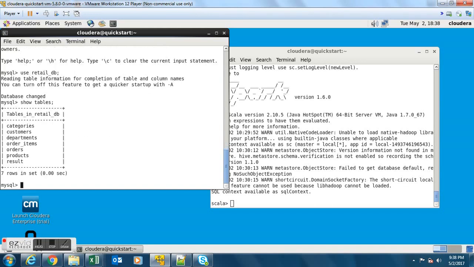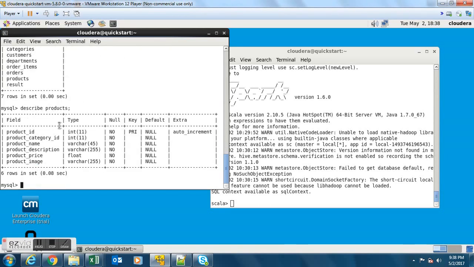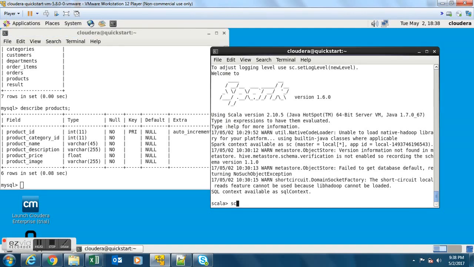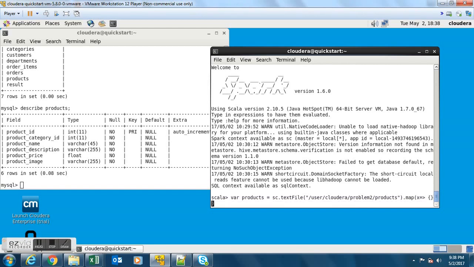Okay, so let me show tables and do a describe on the products table to see how the product table looks like. Okay, it has 6 columns. Now let me load the text file, or let me create a Spark data frame backed by the data in the text file under user Cloudera problem2 slash products. Okay, and then I'm going to map each record and try to extract, as all these records are pipe separated here. So I'm going to say var d equals x dot split using the pipe character,